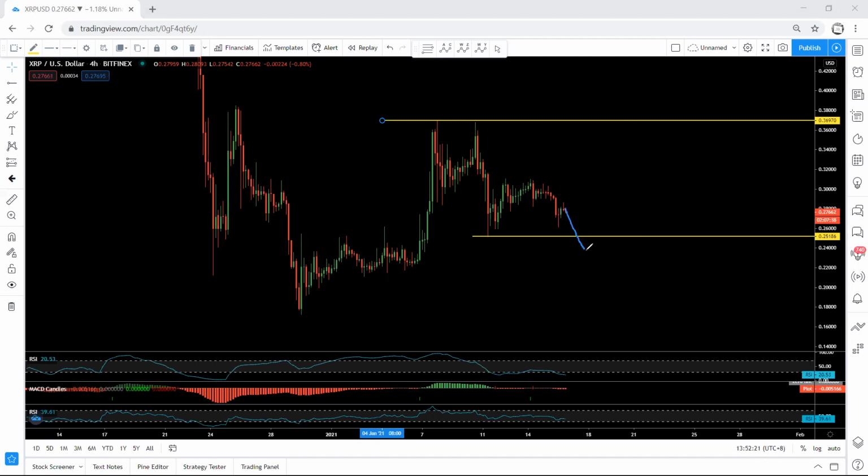I will wait for the price to drop and break this low before I look for buy, because I will put these two corrections in relation to this and this. That means if the price continues from here without breaking this low, I won't buy. Okay, this is how I'm going to look for buy.